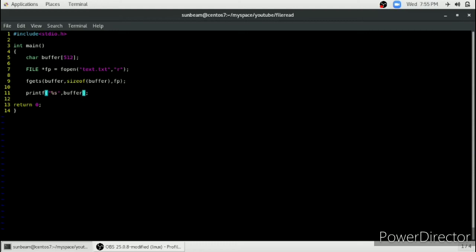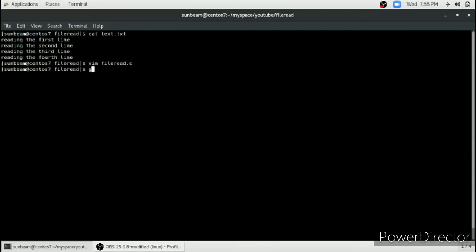This is the completion of our program. We will save it, and after compilation just run this program and you can see it is reading the first line from this file. It is not reading the whole file, but just the first line.